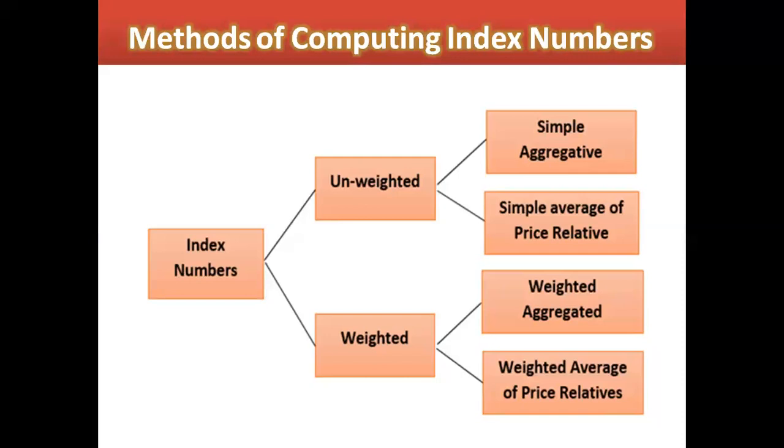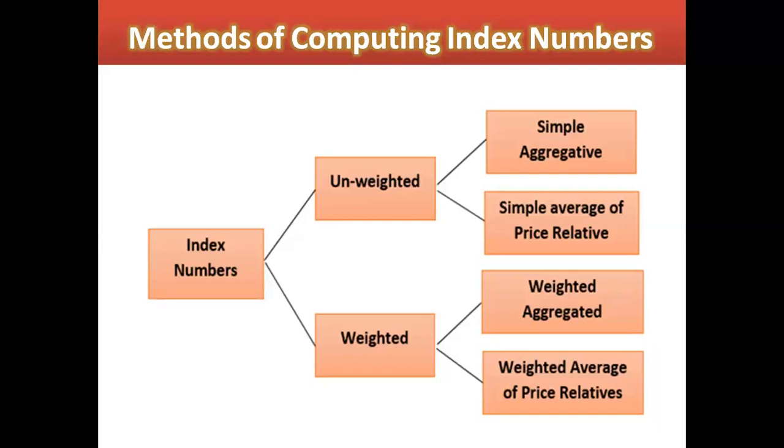The third aspect of why it is important is determination of government policies, because with the help of index number we can calculate whether it is an inflationary situation or a deflationary situation. Based on these inputs, the government can reframe its policies for the upcoming time period. So it works as a basis, a fundamental aspect, to formulate the government policies for the upcoming time period.